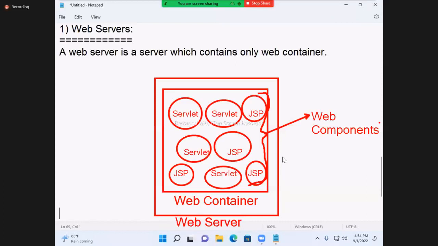A web server contains only a web container. A web container contains only web components. Web components are nothing but servlet programs and JSP programs. So if you want to run a servlet program, we require a web container. That is a part of the web server.